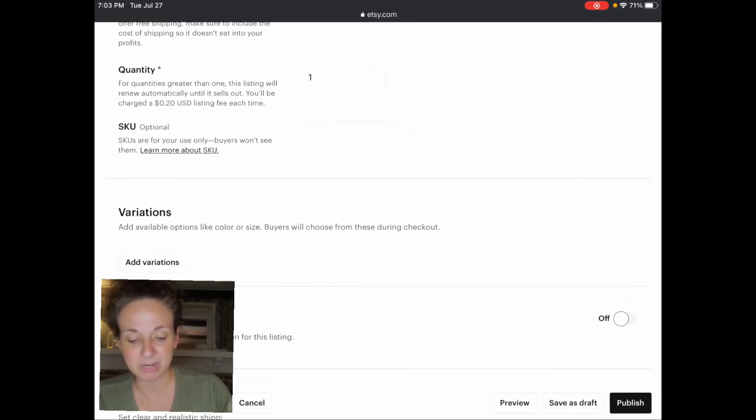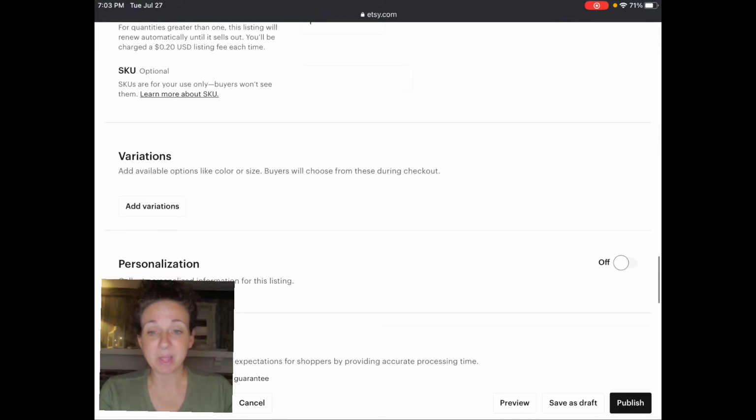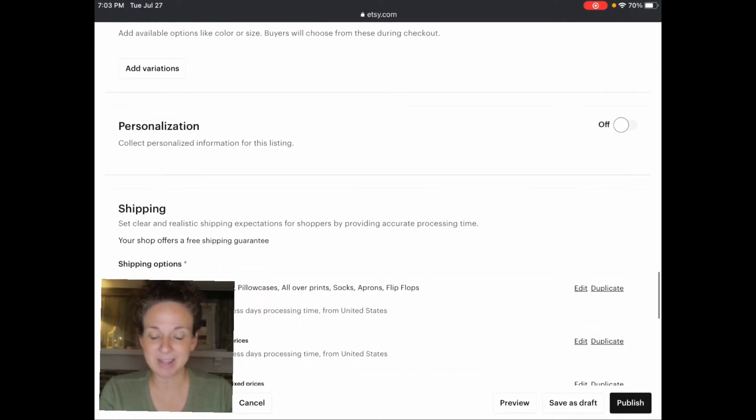Here's where you could add variations if you want to add different colors. If you want to allow people to personalize things, you can. I did not, because that adds an element that then makes it much less passive. So you can do that though. And